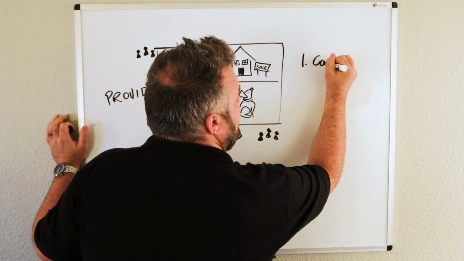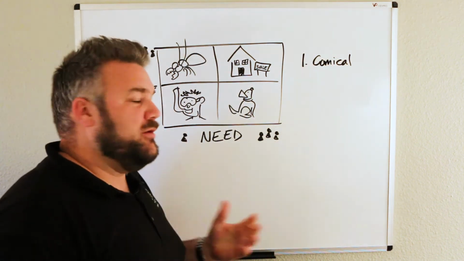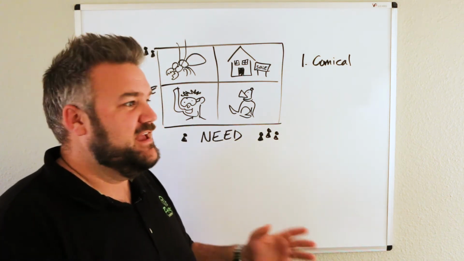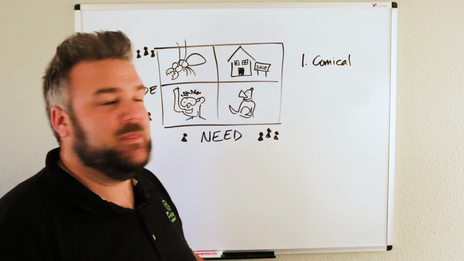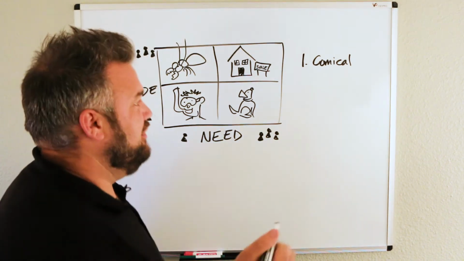So the first way is a comical approach. This is your Geico's cavemen, or the purple mattress, how you have a bunch of Sasquatches living out in a jungle, sleeping on a mattress. It's totally ridiculous, it's bizarre, but you get a head turn. You turn your head, you laugh at it, and they've gotten your attention.